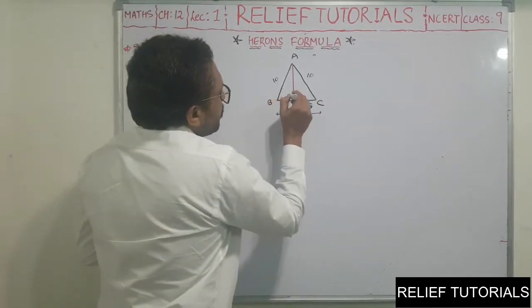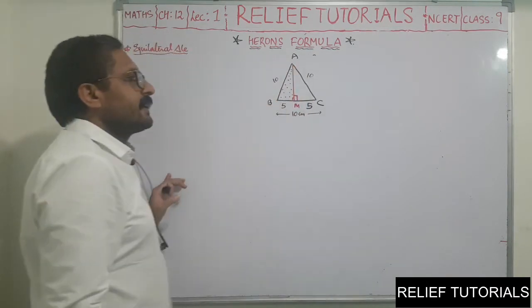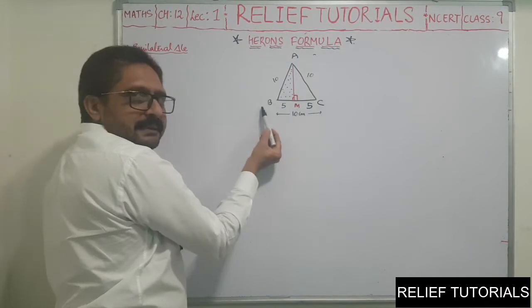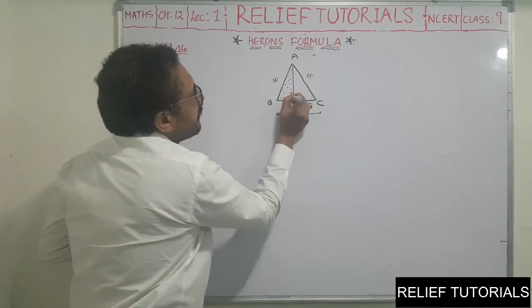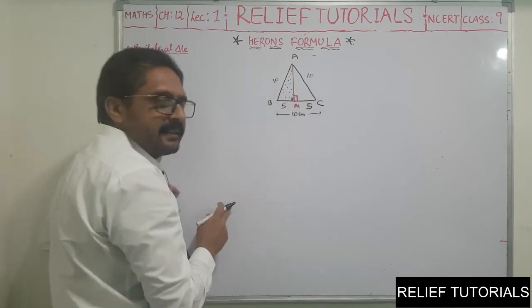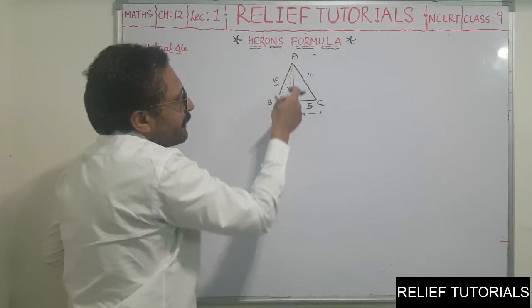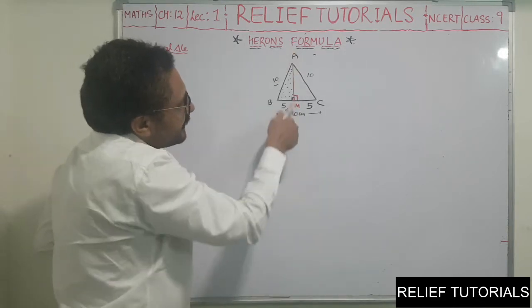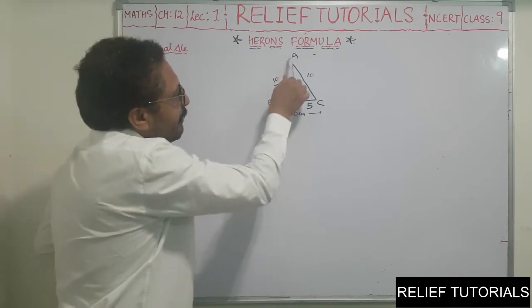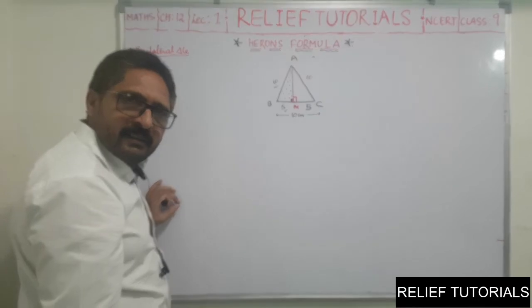Now you concentrate here on these triangles. We got this triangle AMB. So this is 90 degrees, so it is a right angle triangle. We have AB, we have BM. So we have two sides, so we can find the third side AM by Pythagoras. And AM is nothing but the altitude. So you have the altitude, you have the base, so you can find the area.